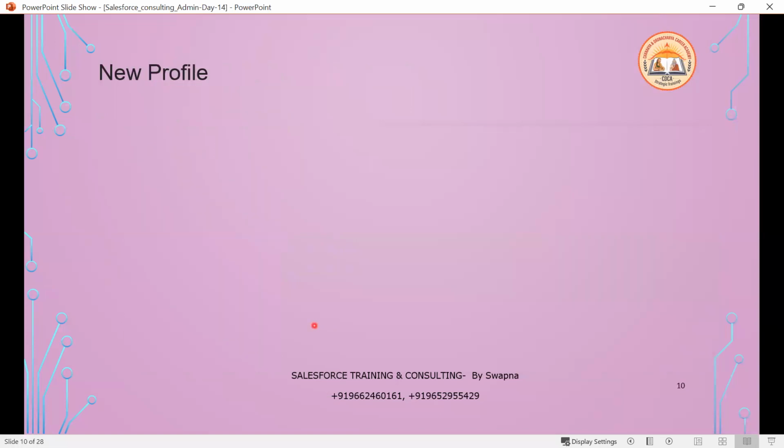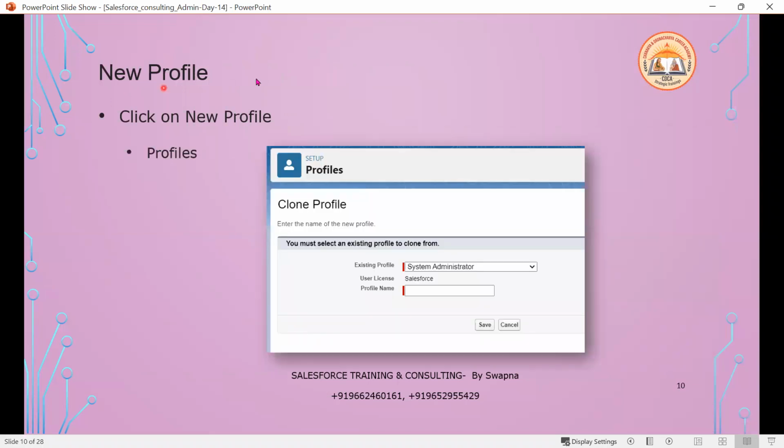Okay, so let's move on. Creating a new profile. In order to create a profile, click on new profile. As soon as you click on new profile, instead of new profile, it will say clone profile. Enter the profile name here. But you have to choose the existing profile. Now, whenever you choose the existing profile,